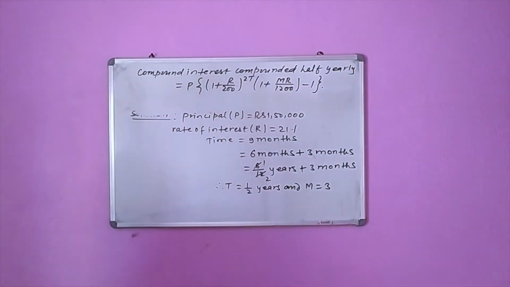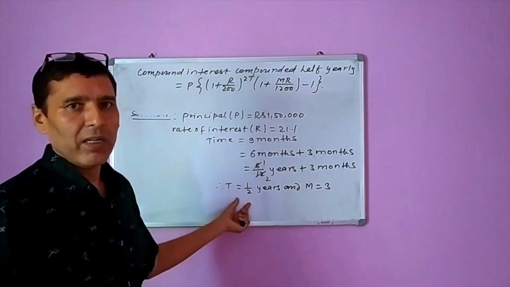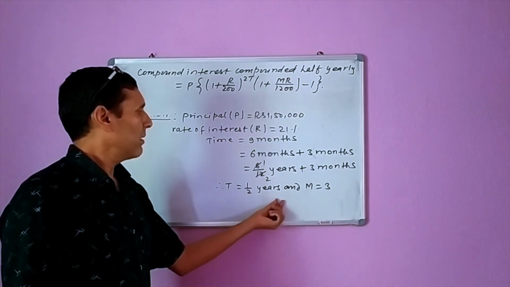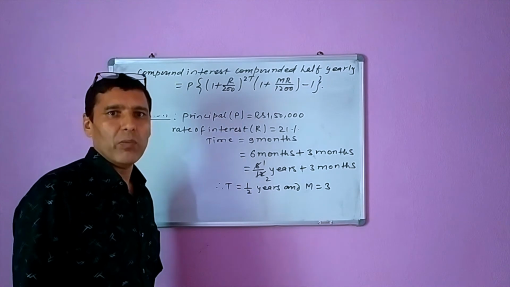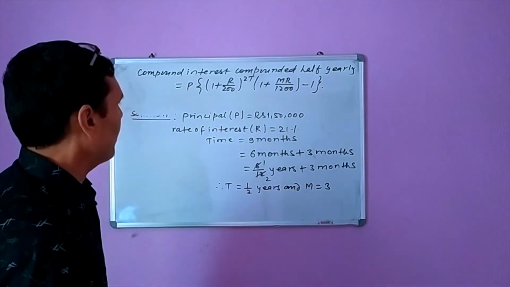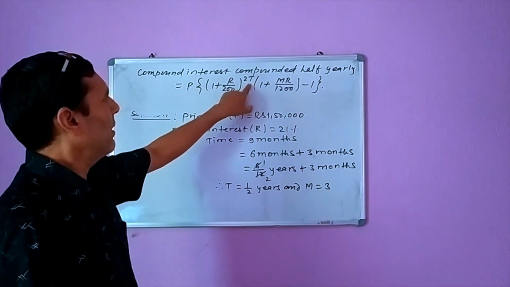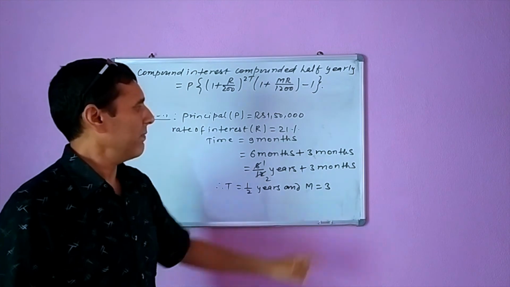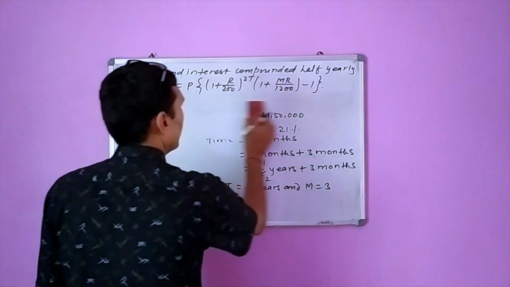So this is the formula we have to use for half yearly compounding when the time is given in some number of half years and some remaining number of months. So number of half years 2T and remaining number of months, the value of M, we have 3 here. So putting all these values in the formula,